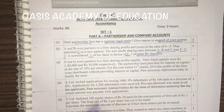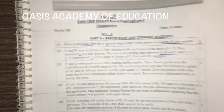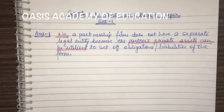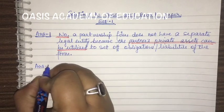You have to calculate B's sacrifice, right? This was a very easy question since you had to just calculate B's sacrifice. You don't have to calculate the new profit sharing ratio since it was given. So you can simply use the formula